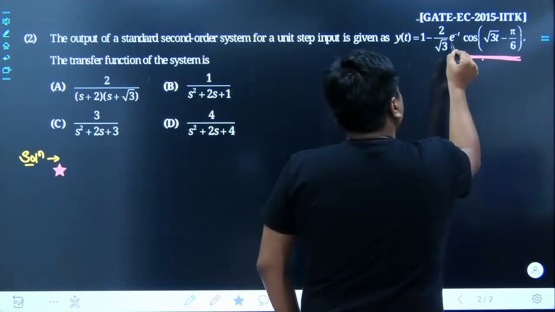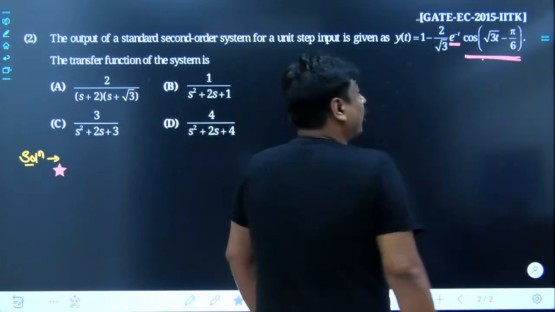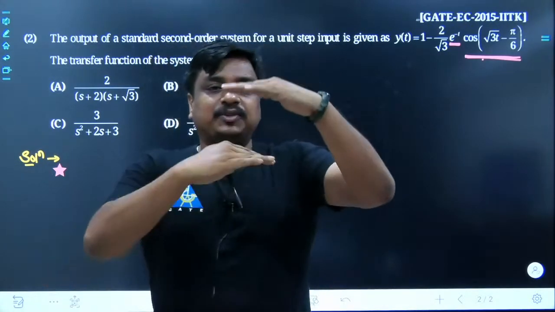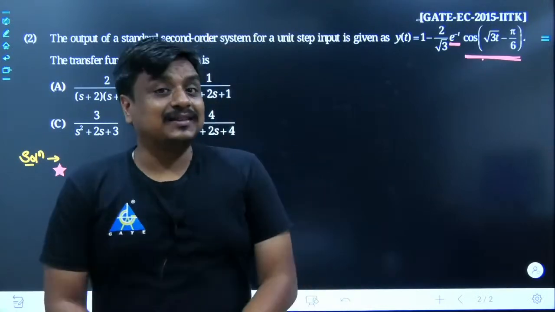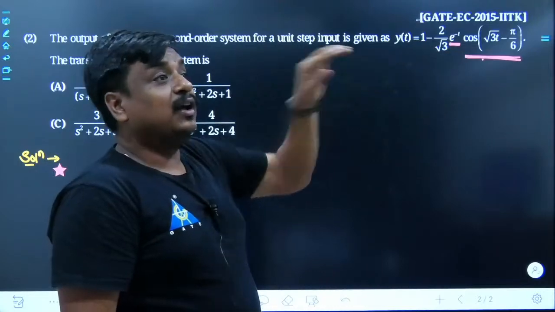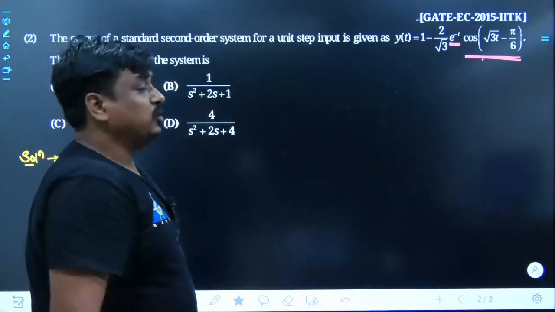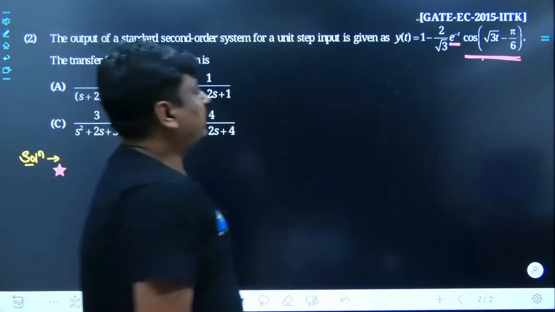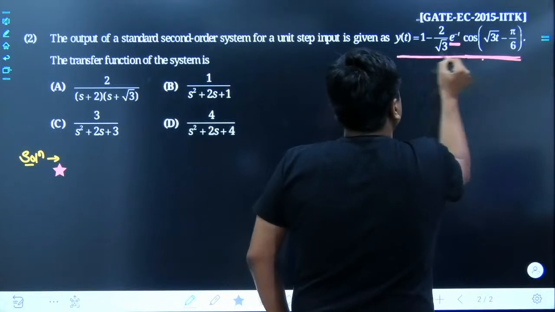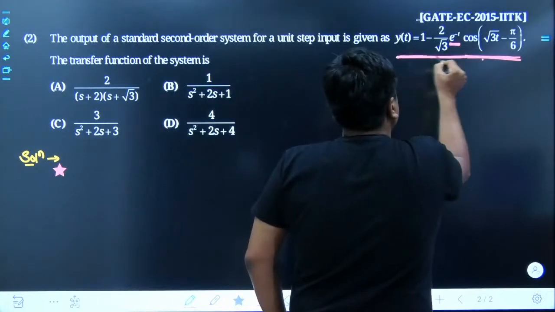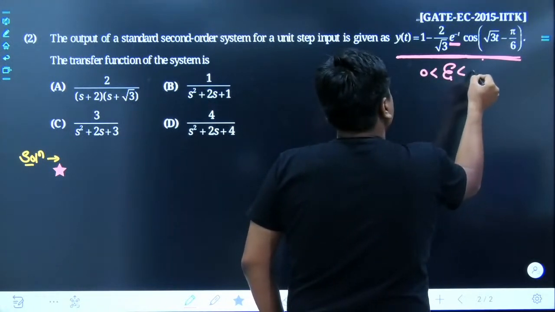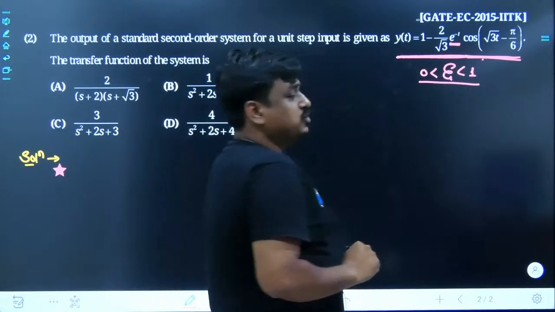Not only that, even the factor of e to the power of minus t would keep dominating. As time passes, it would keep shrinking the oscillation. And as it keeps shrinking, what would happen? At steady state, it would go towards a finite converging value. So one thing is quite sure: if it is oscillation with damping, it is a case of an underdamped system, where zeta has to be in between 0 to 1. There is no doubt as such.